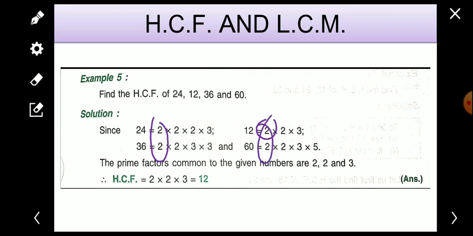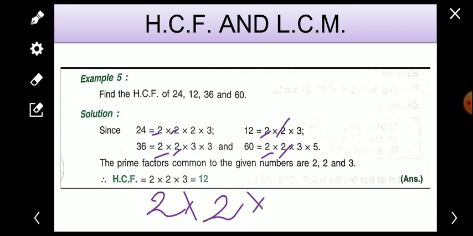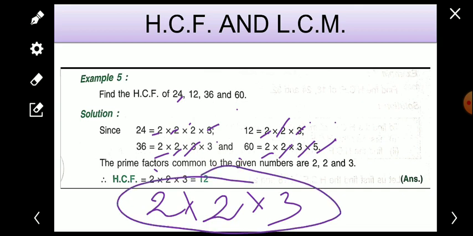Okay, you see 2, 2, 2 and 2, so we will write 2. Again 2, 2, 2, 2, again 2 is common, so again we will write 2. Now we will see that 3, 3, 3 and 3, so we will add 3. Now no factor is common to each and every number. 2 is a factor of 20, but it is not available in this one. And 5 is a factor of 16, but not of these. So we will take the factors common to each and every number. So these are the common prime factors.